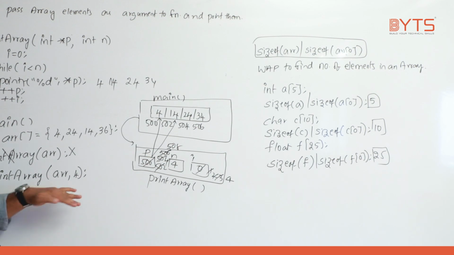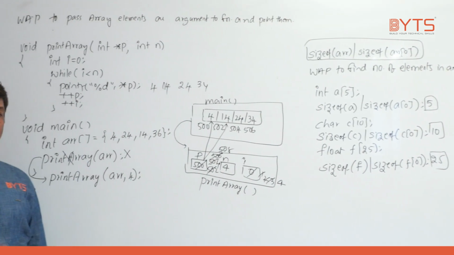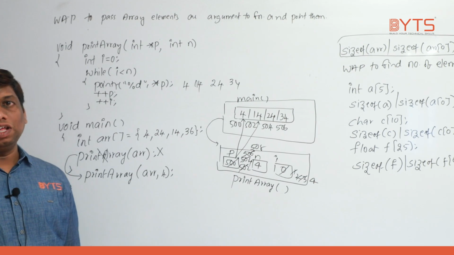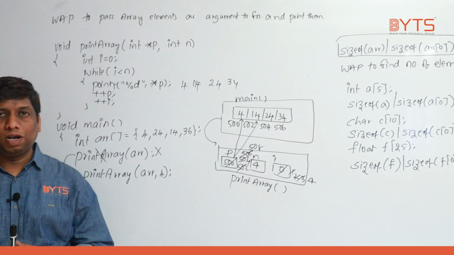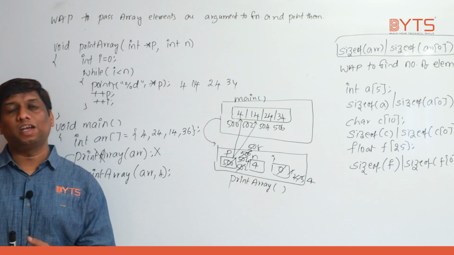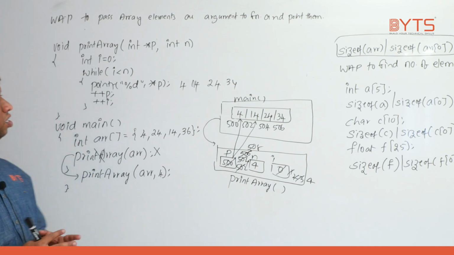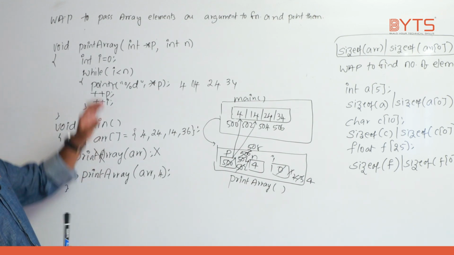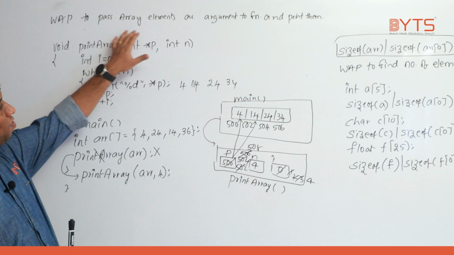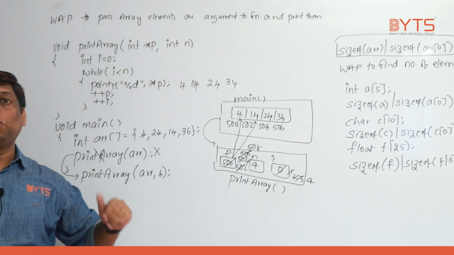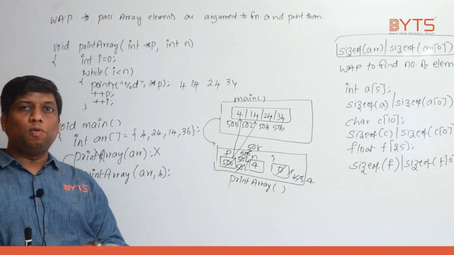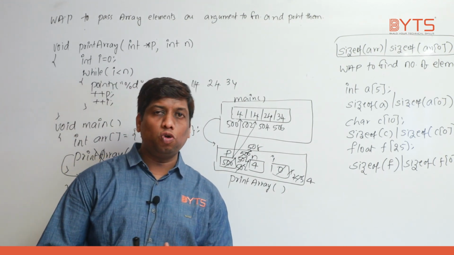See, what did we do? We passed the array and we are just printing. Now my requirement is, listen carefully, next I want to modify the content also. Understand? Very important point I am telling. Now we are going to see these things. First what we discussed: write a program to pass array elements as an argument and just print. Now we need to modify. What is the next program? So that using a function we are able to modify the array, and using the function we are able to print the data.